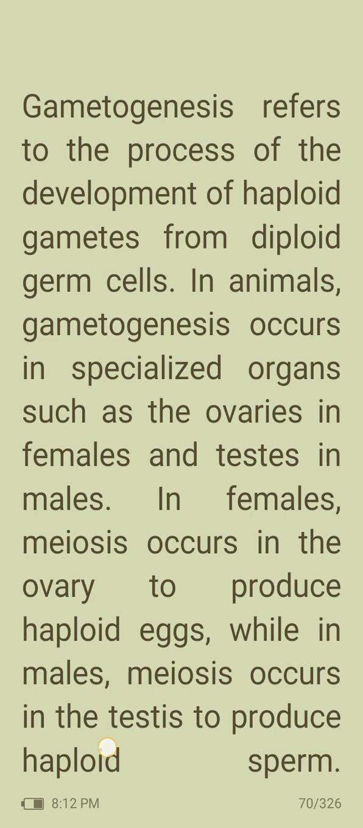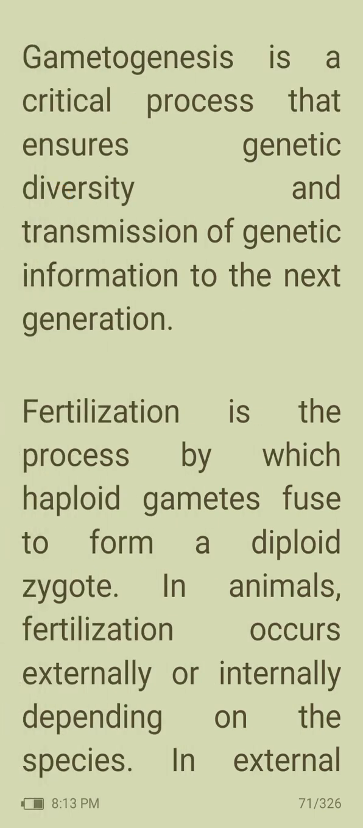Gametogenesis refers to the process of the development of haploid gametes from diploid germ cells. In animals, gametogenesis occurs in specialized organs such as ovaries in females and testes in males. In females, meiosis occurs in the ovary to produce haploid cells, while in males, meiosis occurs in the testes to produce haploid sperm. Gametogenesis is a crucial process that ensures genetic diversity and transmission of genetic information to the next